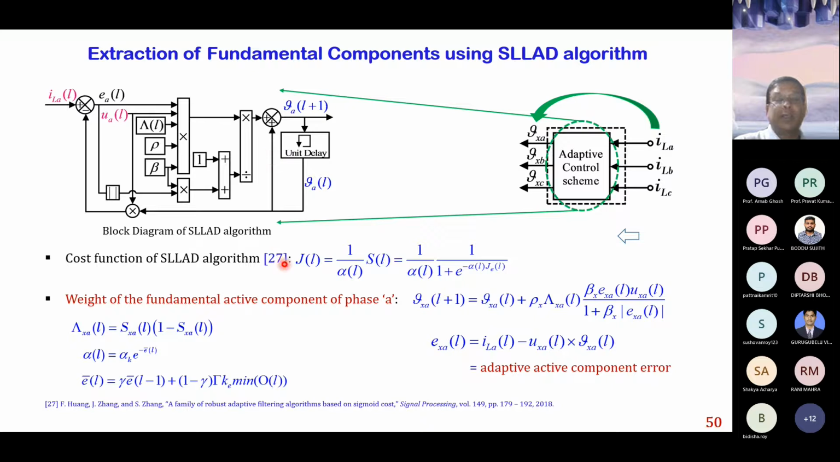And this is the corresponding block diagram of the sigmoid, the leaky factor and the adaptive convergence